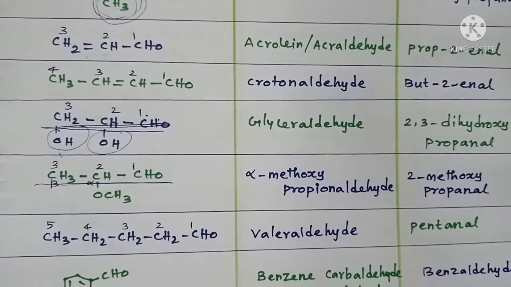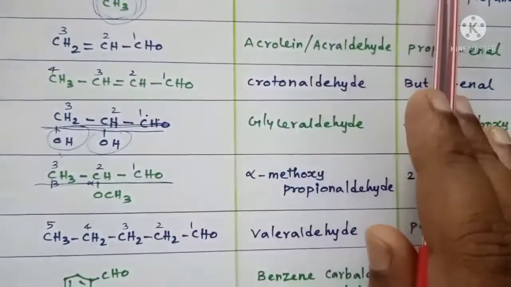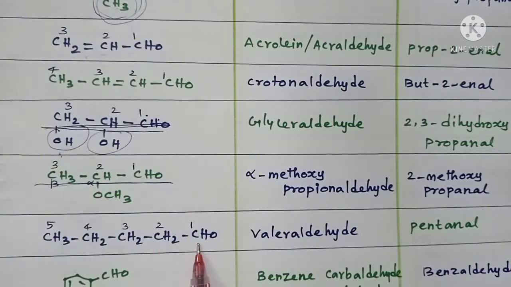The next one, an aldehyde with 5 carbons, unbranched. So this is nothing but valeraldehyde. What is this called? Valeraldehyde. Okay, right. Then IUPAC name, valeraldehyde is the common name. IUPAC name, 5 carbon derivative, so you can call it pentanal. What is it called? Pentanal, isn't it? Just like butanal, 4 carbon derivative, unbranched. So 5 carbon derivative, unbranched, is called pentanal.